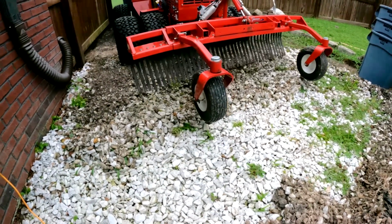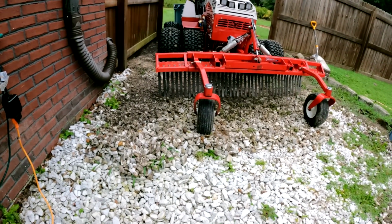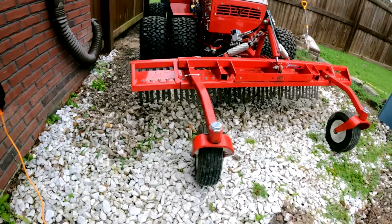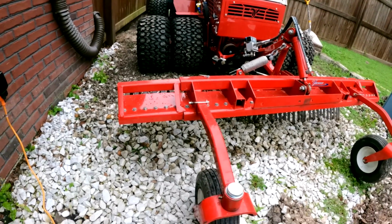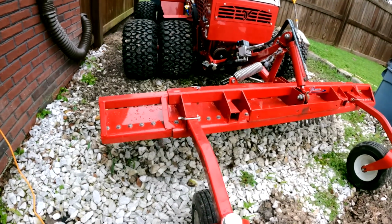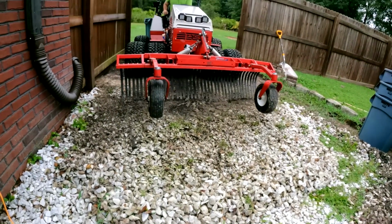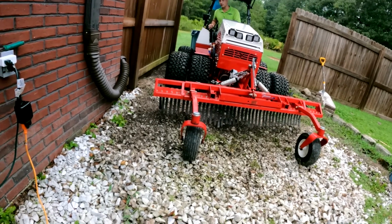So could we have gotten a little bit more money for the work? Probably. I did want experience on the Ventrac, so I mean, that doesn't put money in the bank, but that is one benefit of this job, is I got some more experience with this landscape rake. Of course, you know me, anytime I can make a video, I'm willing to take a discount on a job for that. So I don't think I bid this as high as I could have gotten,